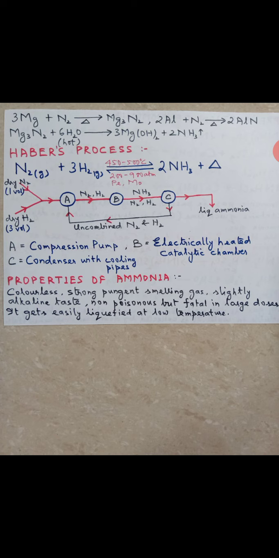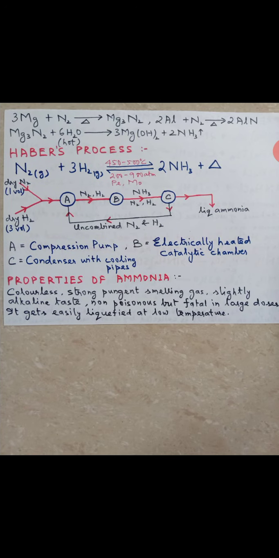Now what we will do is take this nitride. You can see the figure here. You will take this nitride in a round bottom flask. The magnesium nitride is being shown here, and you will drop hot water drop by drop with the help of a thistle funnel over the magnesium nitride, or calcium or aluminium nitride. Here in the figure, magnesium nitride is being shown to you. What you find is that ammonia gas is collected.